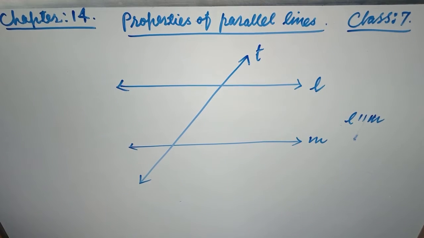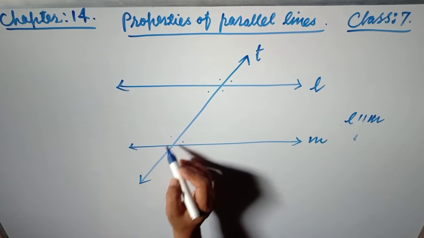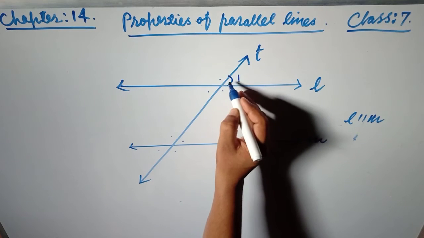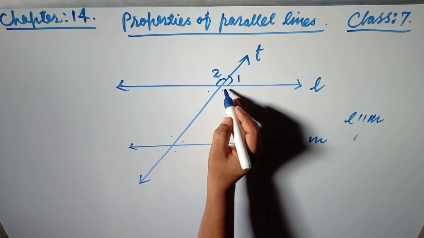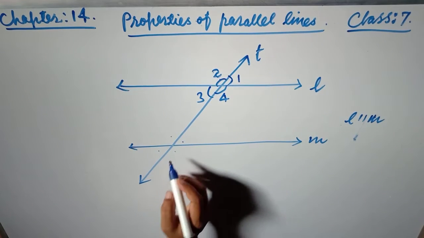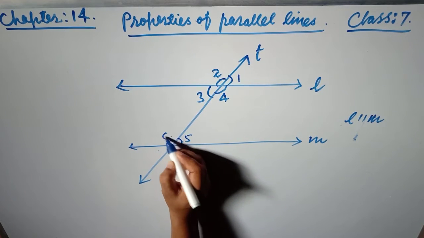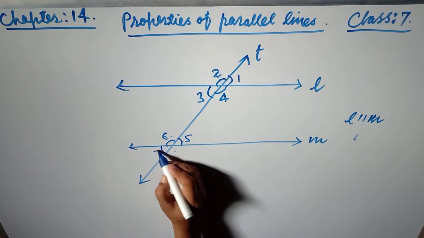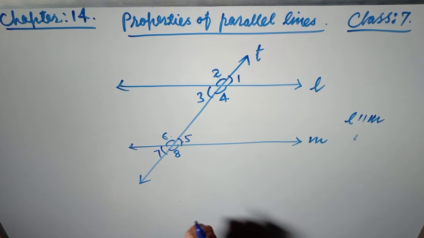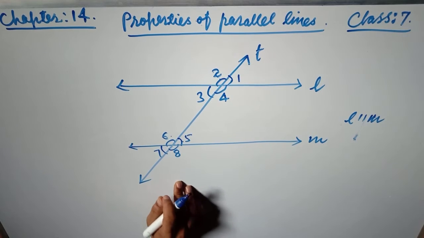Okay, now how many angles exist friends? 1 2 3 4 5 6 7, 8 angles. Namely suppose this is 1, this is 2, this is 3 friends, and this is 4, 5, 6, 7, 8. Okay, now here